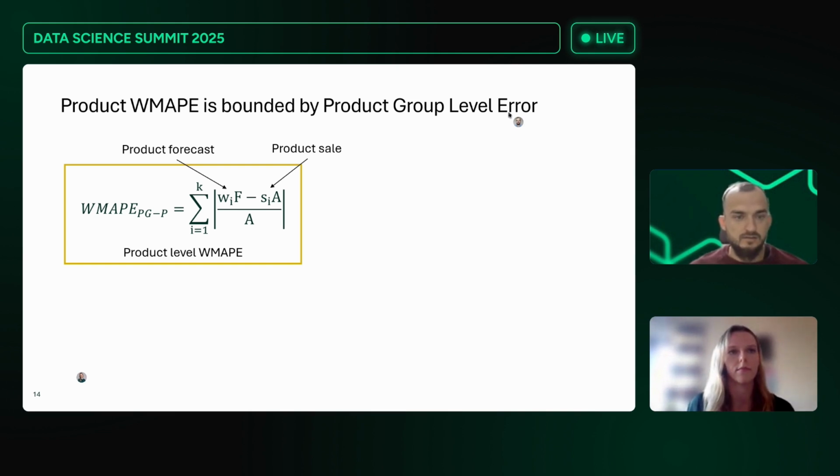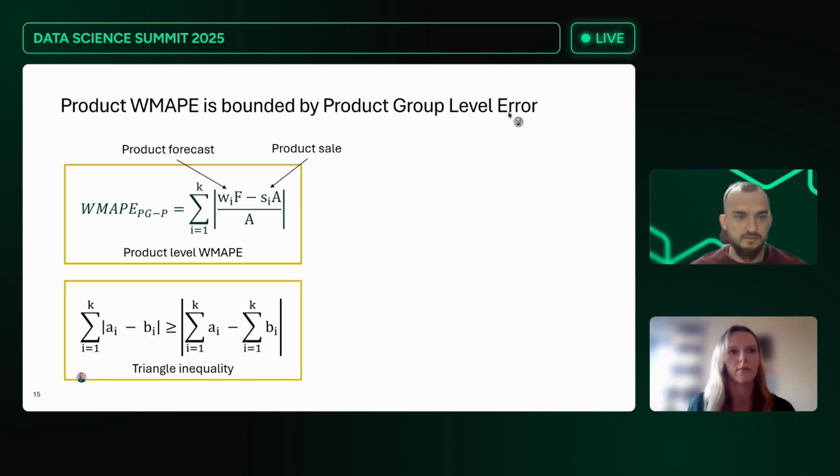Then we can also write an equation for the triangle inequality, and we can write it in this form. And when we combine those two equations after some transformations, and also knowing that these sums must sum to 1, we can show that the